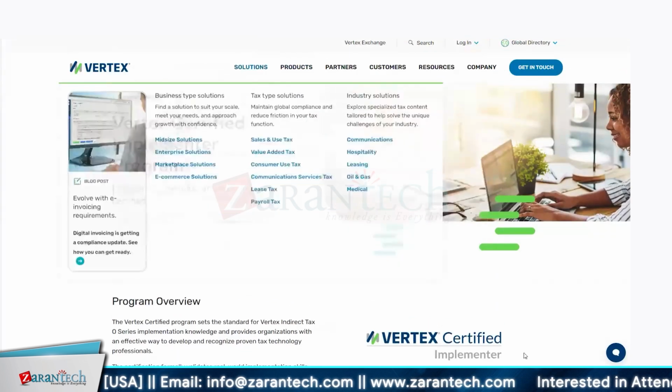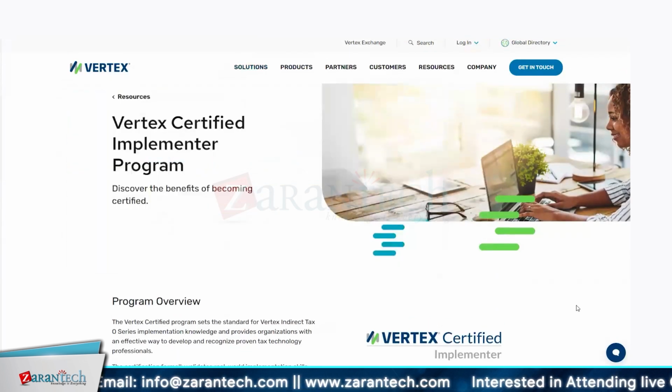We have only three. Vertex certification for sales and use tax, that is a certificate name. Vertex certificate for CFA, chain flow accelerator, and Vertex certification for accelerator implementer, or CFA implementer, something like that. The naming will be like O Series sales and use tax certified, VAT certified, CFA certified, accelerator certified. Which one do you recommend for me? I'll always recommend doing the VAT certification and CFA, because down the line, maybe in 5 or 10 years,